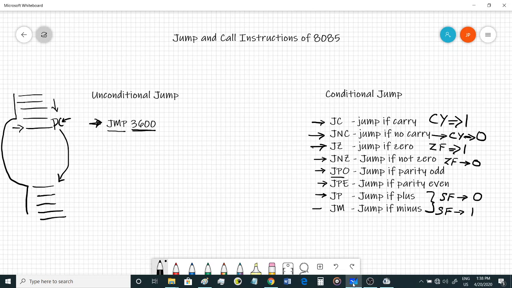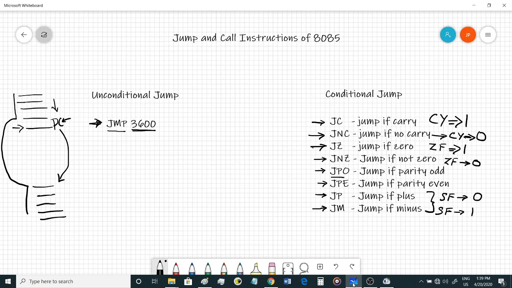Now we have already discussed what is the problem with the sign flag in 8085, so we won't be discussing it again. That is a major issue, that the sign flag can show a wrong result whenever there is an overflow. So we can't trust the sign flag in the 8085 microprocessor. This problem is resolved in 8086. So that is one disadvantage of using the sign flag in 8085.